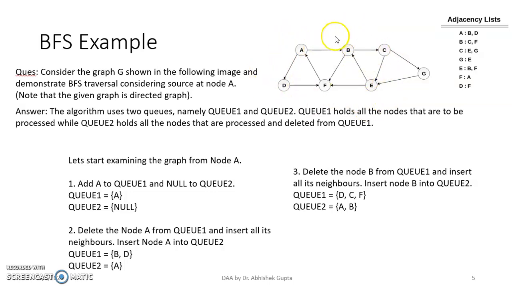If we talk about the adjacency of the graph, then A, B, C, D, E, F, G are the nodes of this graph, and you can see A is a node, and we can reach B and D through A. You see the direction of this arrow. It goes from A to D and A to B, not A to F, right? This is going from A to B and A to D, so it means B and D are adjacent to A, right?